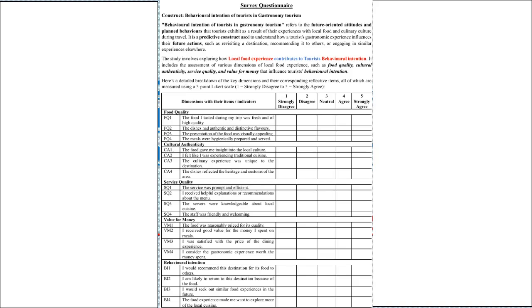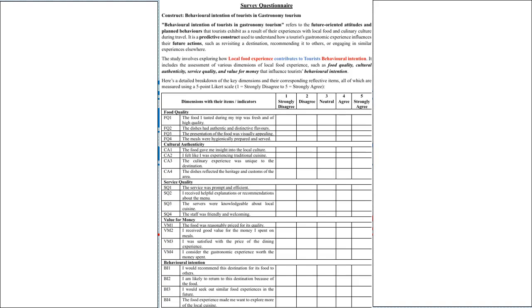As I have discussed in my previous videos how to build a survey questionnaire and what a 5-point Likert scale is, I had mentioned that most often you should try to build all your dimensions on the same scale, wherein there are 5 dimensions which we need to study for this research, marked on a 5-point Likert scale. 1 strongly disagree, 2 disagree, 3 neutral, 4 agree, and 5 stands for strongly agree.